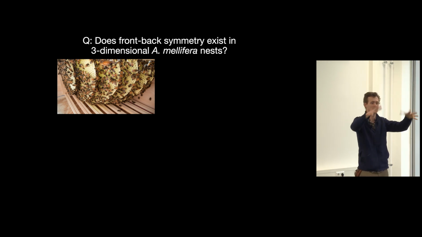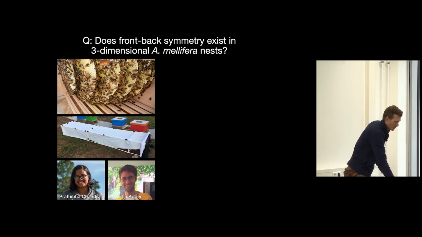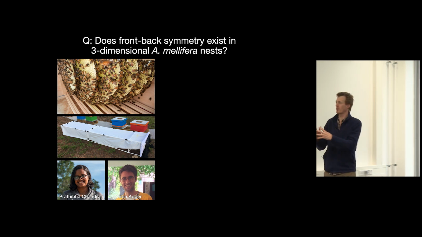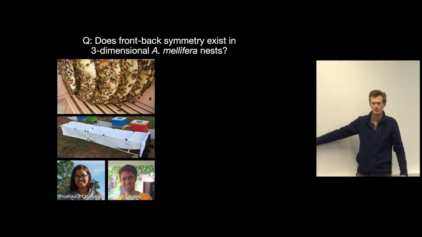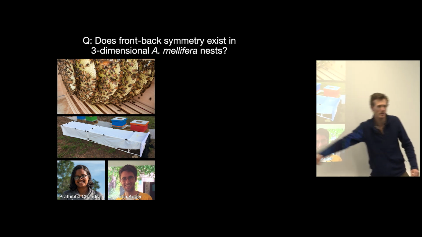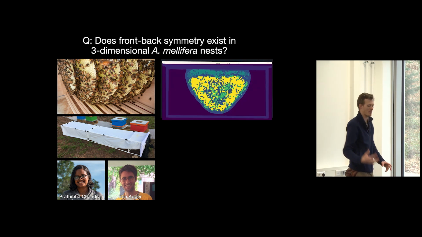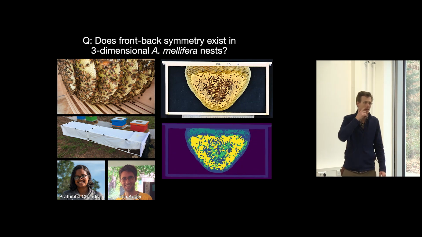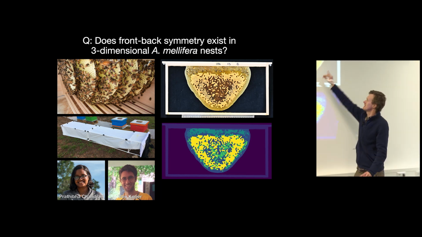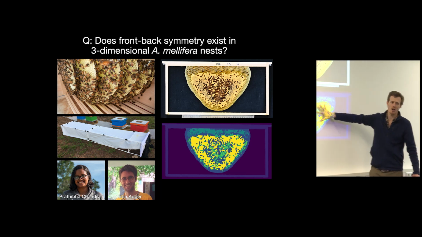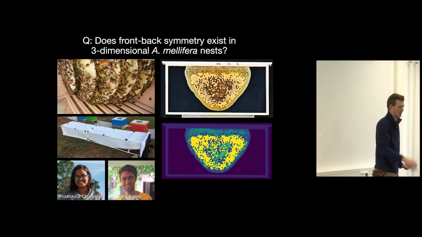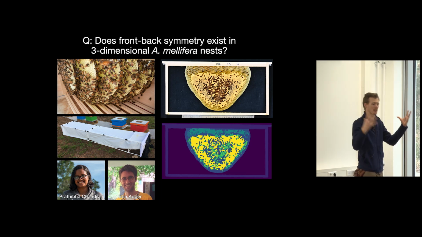So we basically just give them an entire box, and then we take these photographs using a photo rig. This work was helped along by Ben Koger, a former cluster person, and Pratibha, a phenomenal grad student in the lab. Because we couldn't map every single nest individually, we came up with a neural network that lets us take an image and classify the different contents to get a map of what's in that nest.